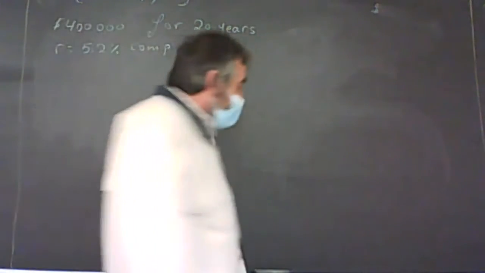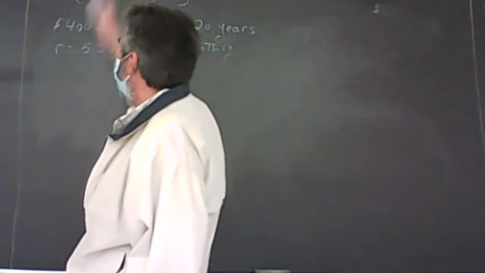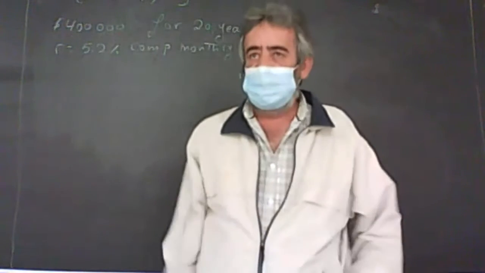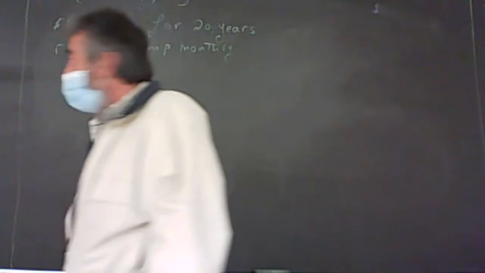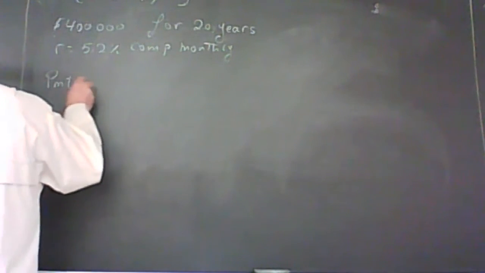Now the question is, how much would he receive in each payment? So we can figure out the payment by considering the $400,000 he's going to take and put in the annuity. So it is equal to